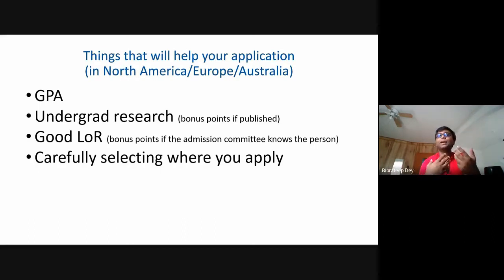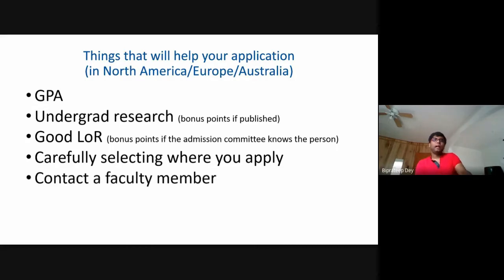That's why applying to places where the person you're working with did their PhD or postdoc, or just has collaborators, makes more sense than applying at a random place. And it's always recommended to contact a faculty member, because something which happens often in physics and astronomy departments is that in one year there were too many people who wanted to do astronomy, and hence there's just not enough space available to take new astronomers.